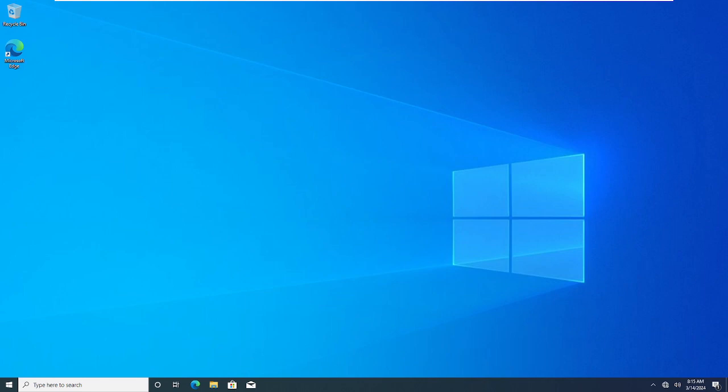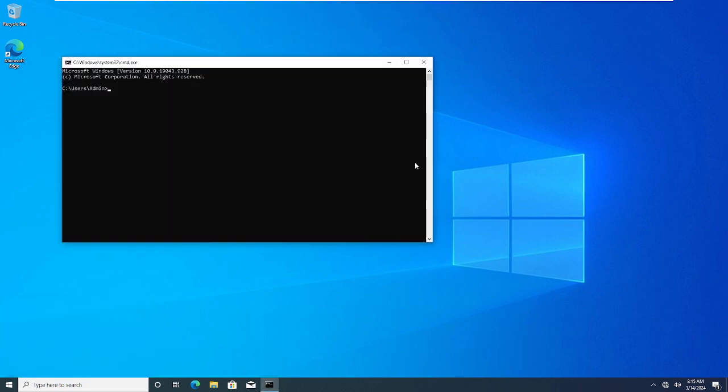Now I logged into the machine. I'll go to the command prompt and check whoami. If you look at whoami, this machine is still not in the domain. You have logged in as administrator of this PC01, which means you are logged in as a local administrator. Now, to add this computer to the domain, you need to go to